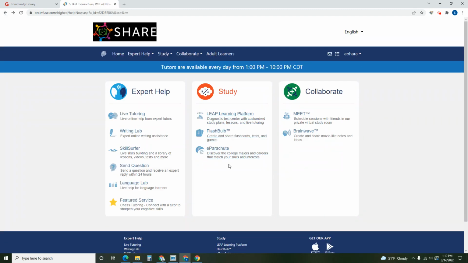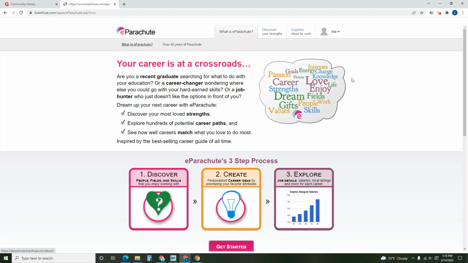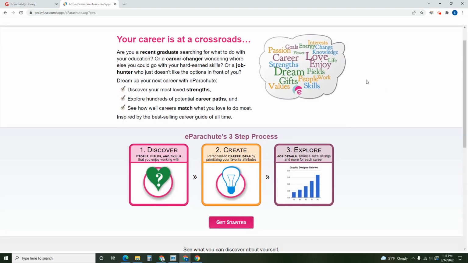Oh, right. And the last thing, which is really handy, is eParachute. eParachute is for recent grads, or adults changing careers. You can use eParachute to discover your strengths and your potential paths. This is based on the What Color is Your Parachute book by Richard Bowles. And so what you do is a kind of card sorting thing where you